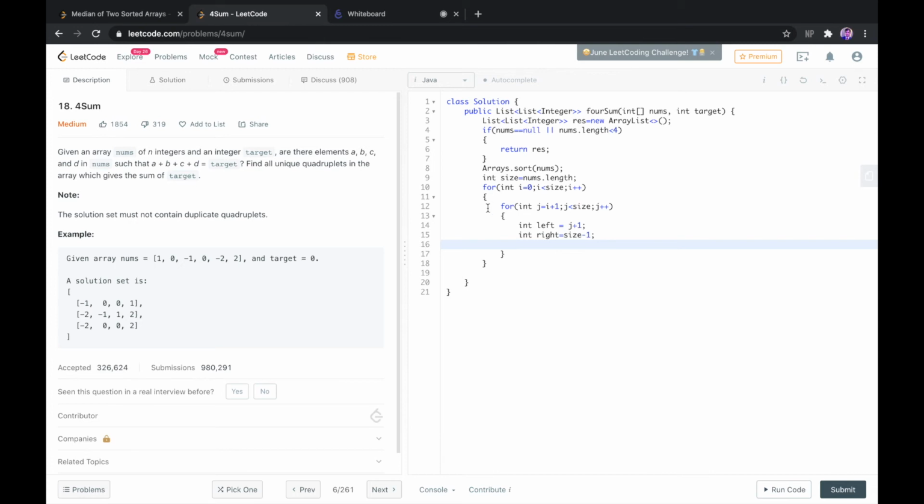So right, if you can see this question here on the left hand side, what I have done is I have used a nested for loop wherein our i would be starting from 1, that is here, our j would be starting from 0, our left is on -1 and our right is on 2, right? So what we do is we will be placing a while loop wherein we check if our left is always going to be less than the right. While this condition is true, we will be proceeding forward.